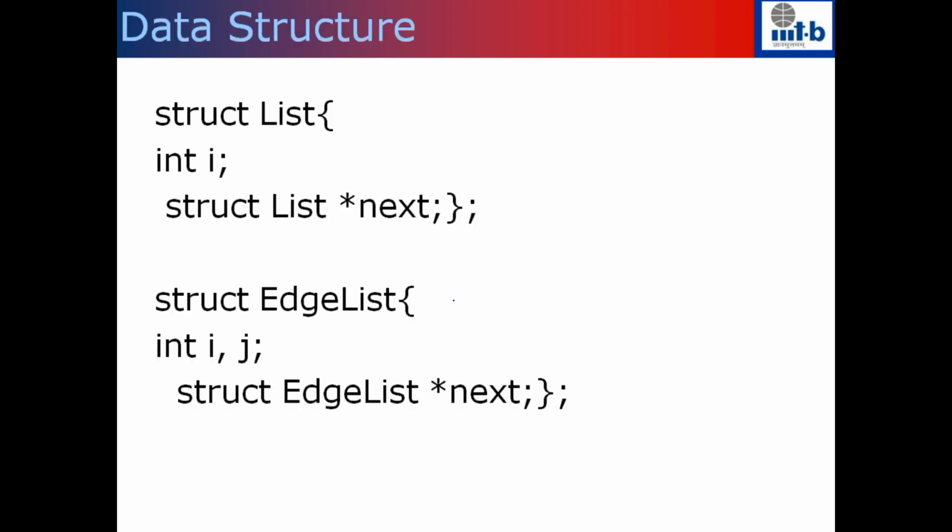So just to look at the data structure, if you look at the adjacency list representation, you create a linked list where there is a next pointer, and what you store is, for this particular node, the value of i. There is an array list which will store all the adjacent vertices of this node. Similarly, when you look at the edge list, this is not an array list, so i, j will be a node in the edge list if and only if i, j is an edge in the graph.